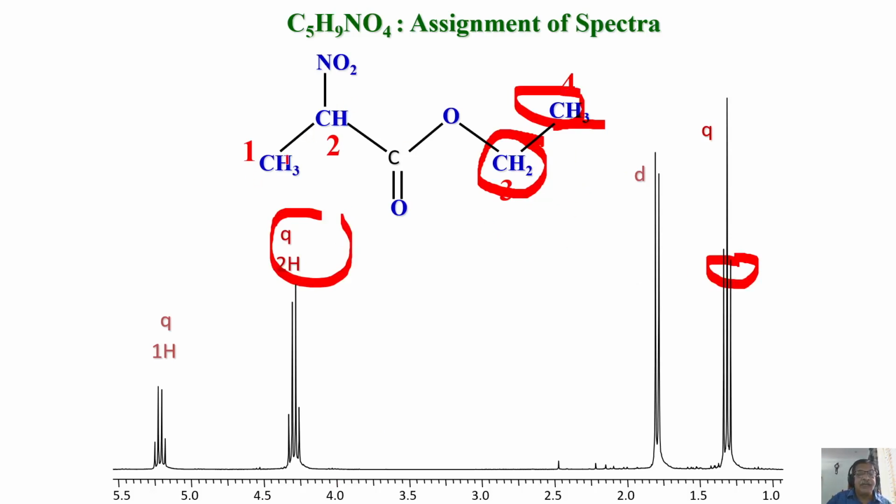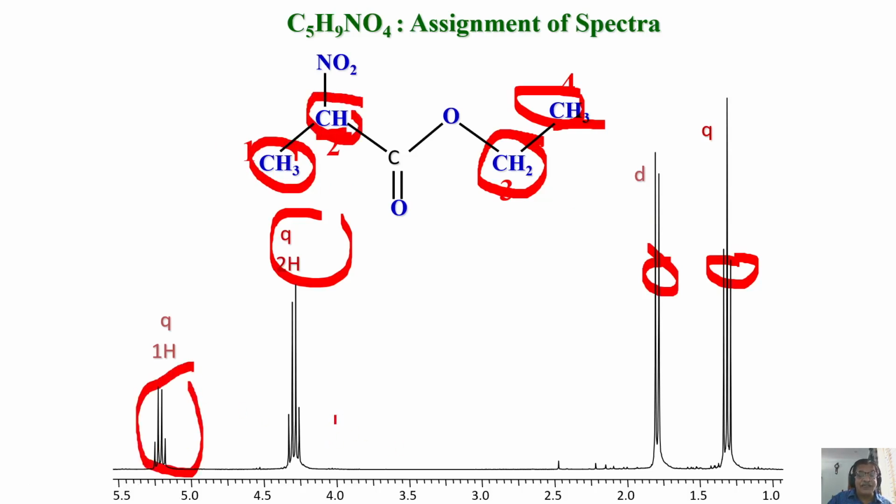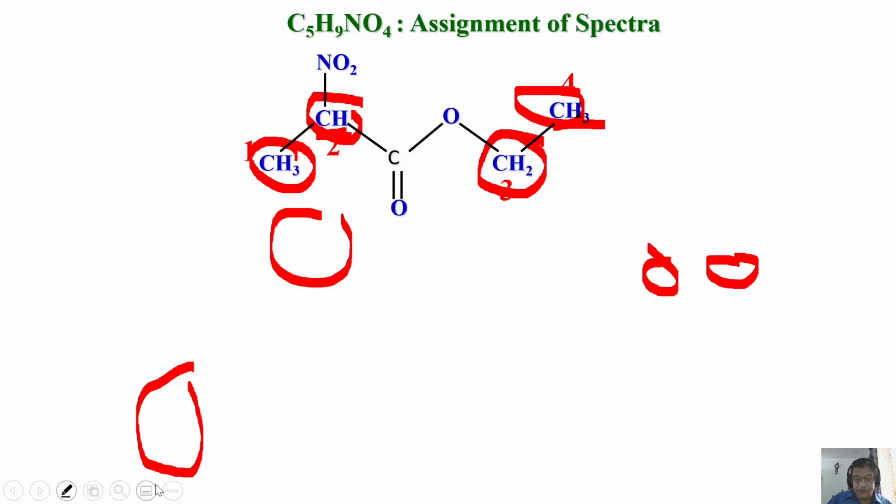Only this and this. Then this CH3 has to be a doublet because it is coupled to CH. So this is doublet. So this is this CH3. Then what about this CH? Is a quartet. See, this is a quartet. So only thing in this case, whether to distinguish the 2 quartets, which belongs to which, you look at the intensity. This is 1 intensity, this is 2 intensity. See, that is another way of identifying the coupled partners. If you have a difficulty, again you can measure the J coupling. That's also possible. So these are the ways you can start analyzing these things.